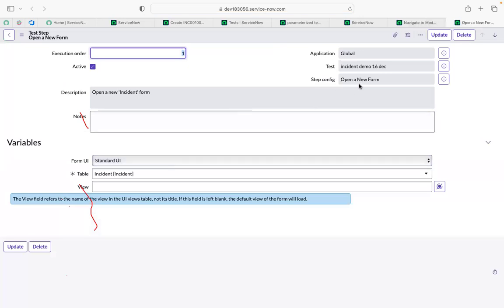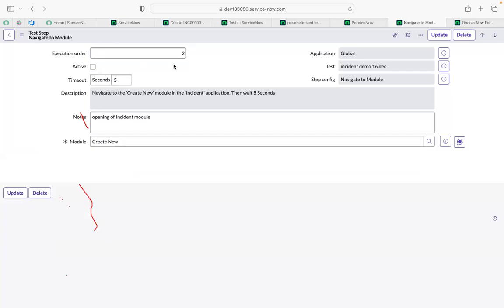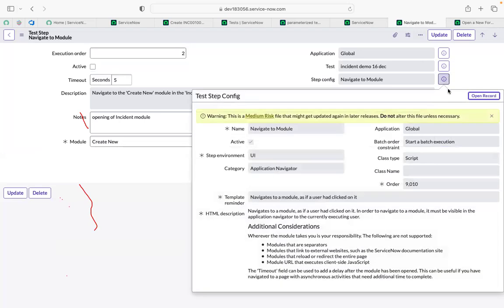If we observe here, for open a new form we have a step configuration. For navigating to module also we have a step configuration. What makes the difference? So if I open this record,